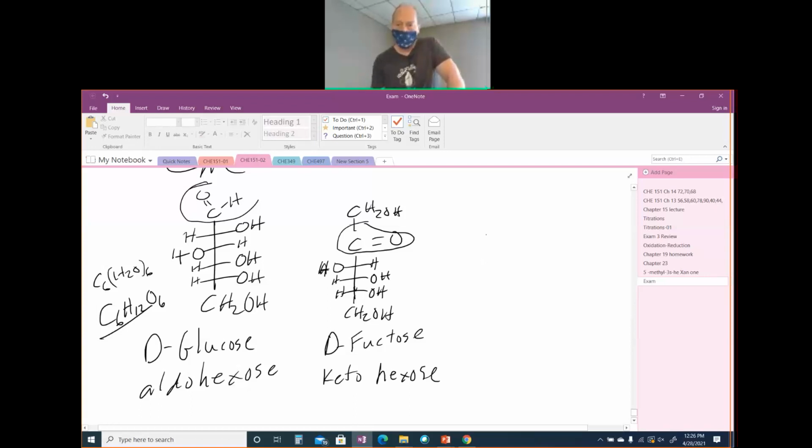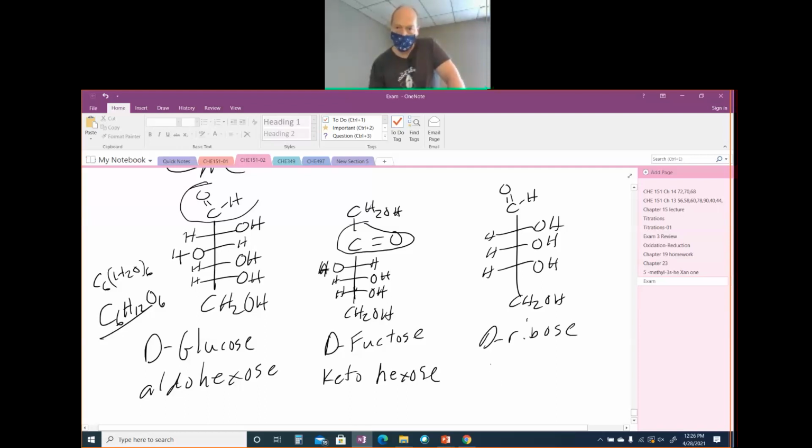carbons. And then the last one that you were to memorize was ribose. Ribose is also a D-ribose. All the naturally occurring sugars are the D class of sugars. All right, and so it has 3 chiral carbons. So this is D-ribose. All right, and so that is an aldo because it has the aldehyde functional group, and it has 5 carbons. It is a pentose. So that is a